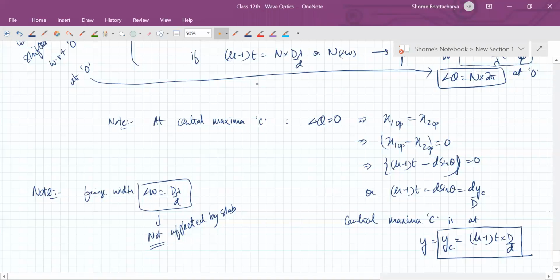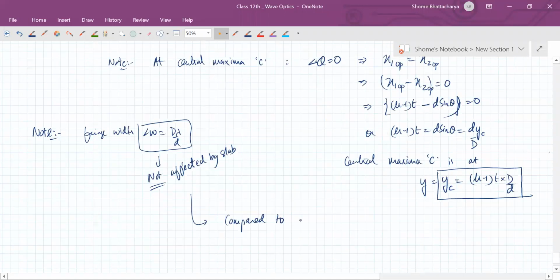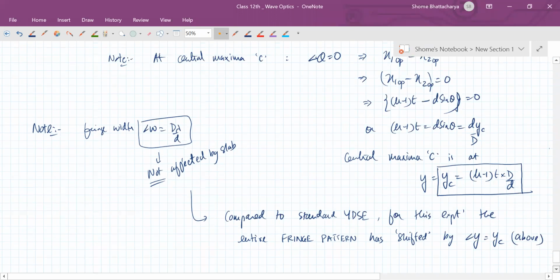So basically what happens is, compared to the standard YDSE with the slab present, for this experiment, the entire fringe pattern has shifted by delta y equal to yc above from the original. Like just the entire pattern, you have shifted it up from the position O to the position YC,